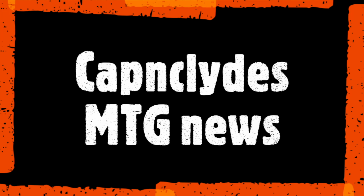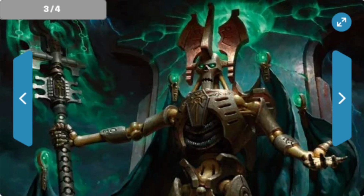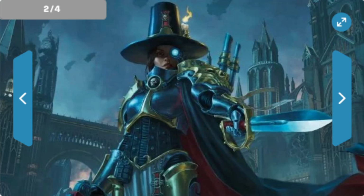So here we go. First, let's take a look at some of the art. Art from the decks has been spoiled. However, some of the cards have not. But here's the art from one deck. This is the art from another. This card has been spoiled. We'll go over it. And then there's this card. So these are going to be the four commanders that you will use depending on what side you choose, what commander you want, and what faction you're going to work under. So now with that said,